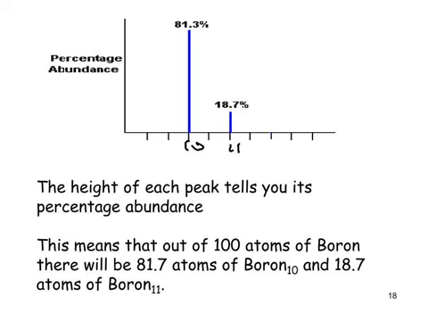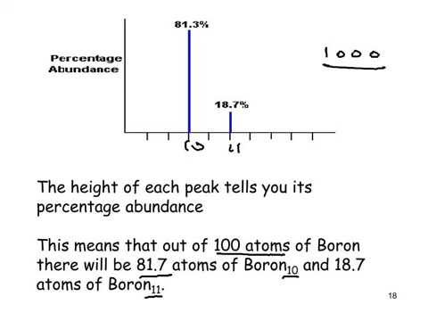The height of each peak tells you its percentage abundance. This means that out of 100 atoms, 81.7 atoms would be boron 10 and the other boron 11. Of course, you can't have 0.7 of an atom. So if we were to do it out of 1,000,